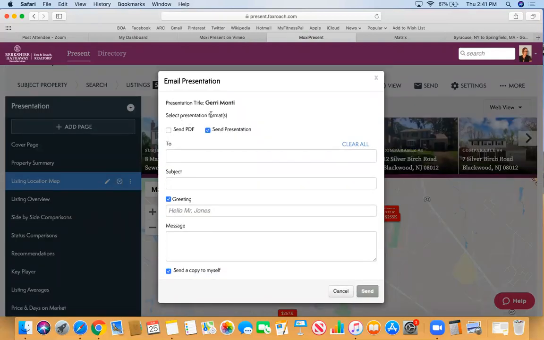And if you do send, it tells you, are you sending a PDF print version or are you sending a presentation, meaning the live web presentation? And yes, that's the one you want to do. So I would send it to myself, let's say, so that I have it ready at my fingertips. And then when I show up